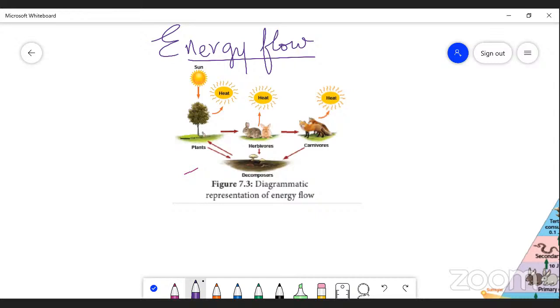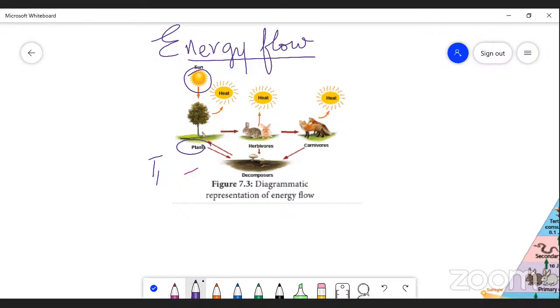Always energy flow is unidirectional, which means the flow of energy, actually the sun is the main source of energy to all the living systems. The sun is the main source for trapping of food, right? Here, trophic level 1 are plants, T1. T1 is nothing but trophic level 1 that traps light energy into life energy, which means the green plants or